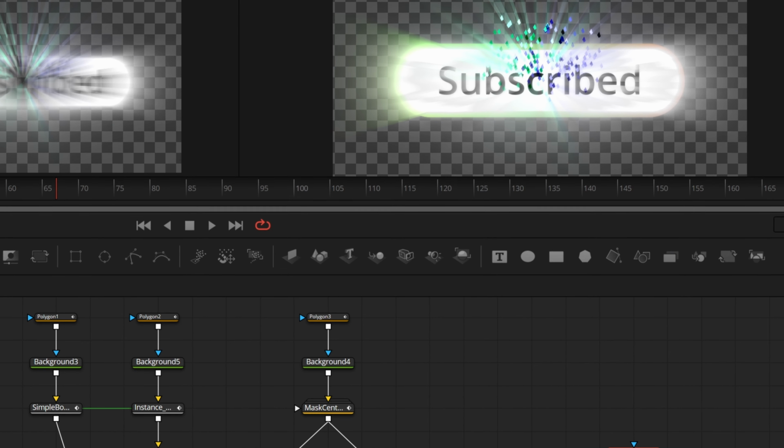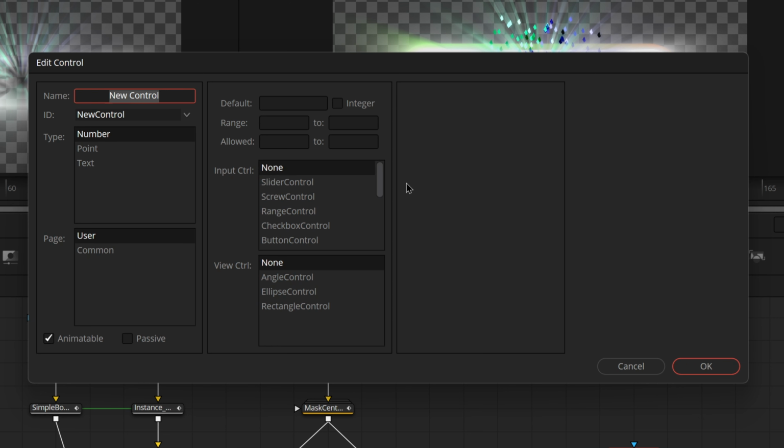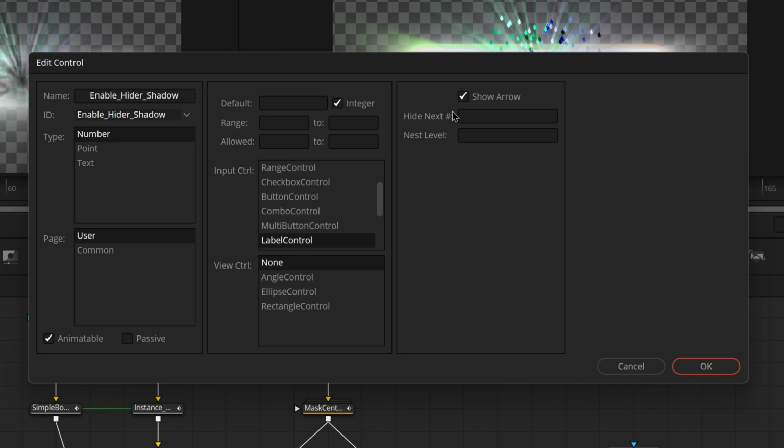We're going to add some nests onto here really quick for our hiders. So we're going to have a hider for the enable button and for the disable button, and we're going to have that for each different kind of effect. So we're going to have enable hider shadow, and then we're going to make it a label, integer, show arrow, and we're going to hide the next,